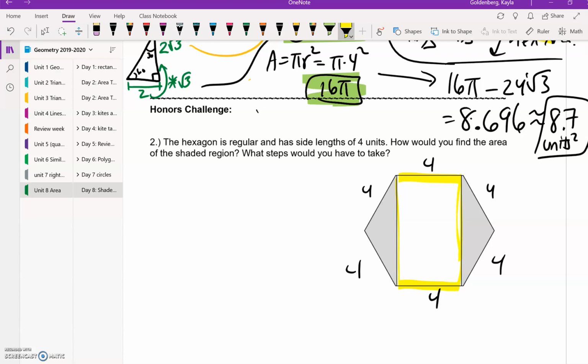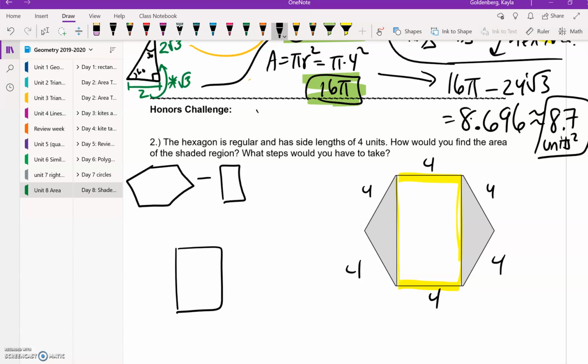The trick is just how to figure out the rectangle's area. Because what I could do is I could do area of a hexagon, take away area of a rectangle, and get my shaded region. Now I can clearly see that my rectangle has side lengths 4 here. The trick is how we're going to get the tall straight up and down sides here. These ones are actually pretty tricky to think about. The trick is if I reintroduce my triangles into my picture like that,